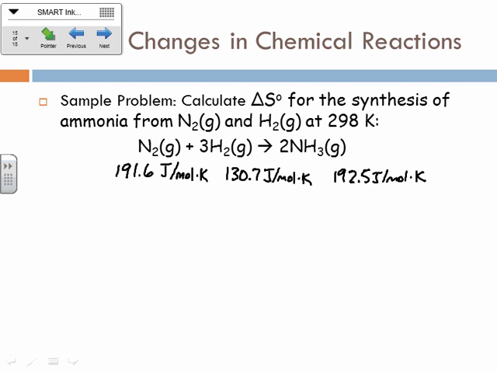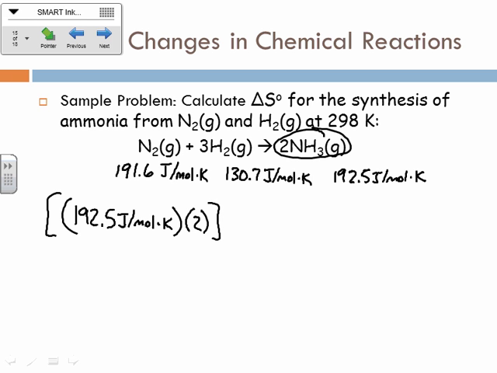So if they gave you a question like this on an AP exam or on my test, I would give you these S values, just like I gave you the delta H formation values when we took that test. Okay? So then you just have to take the products minus the reactants, and don't forget to multiply by the coefficients, right? So this is our product, the NH3, so we take the 192.5 joules per mole times Kelvin, and we multiply that by 2. We have been in the habit for a long time now with equilibrium of squaring things when they have a coefficient of 2. Don't square this, just multiply it by 2, okay? I know that's confusing, but just gotta remember that.